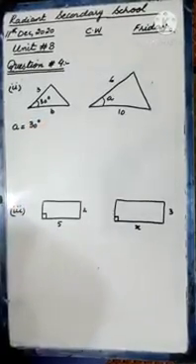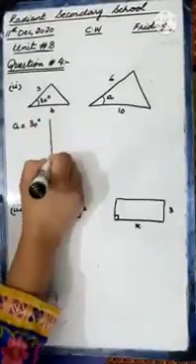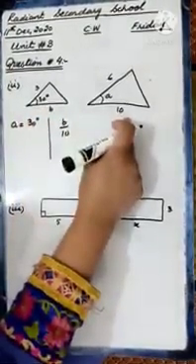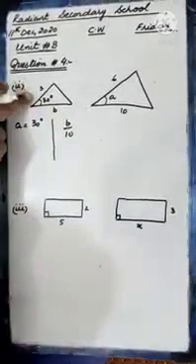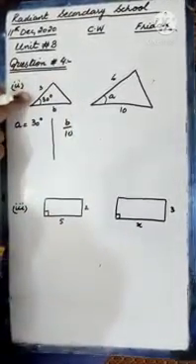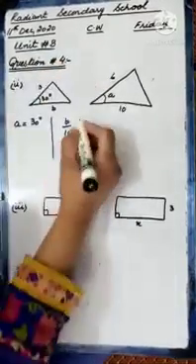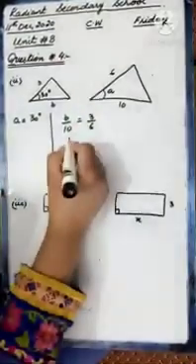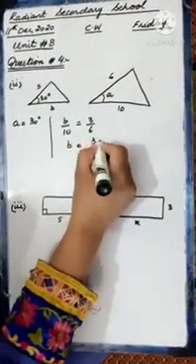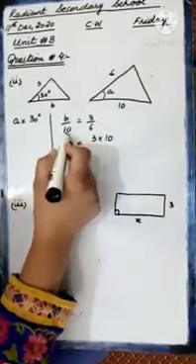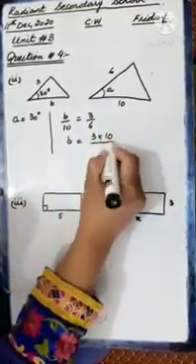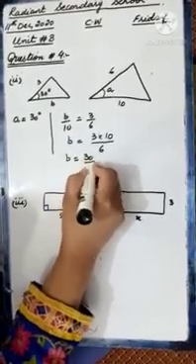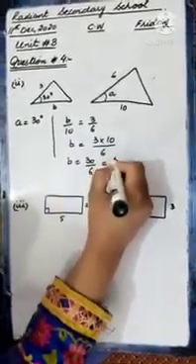How will you find the value of B? With the corresponding sides. The corresponding side of B is 10, and the known values are 3 and 6. These are the corresponding sides, 3 and this 6. So B over 10 will be equal to 3 over 6. Now the value of B will be 3 multiplied by 10, as 10 is dividing here, so on the other side it will be multiplied by 6. B will be equal to 30 by 6, which is equal to 5.